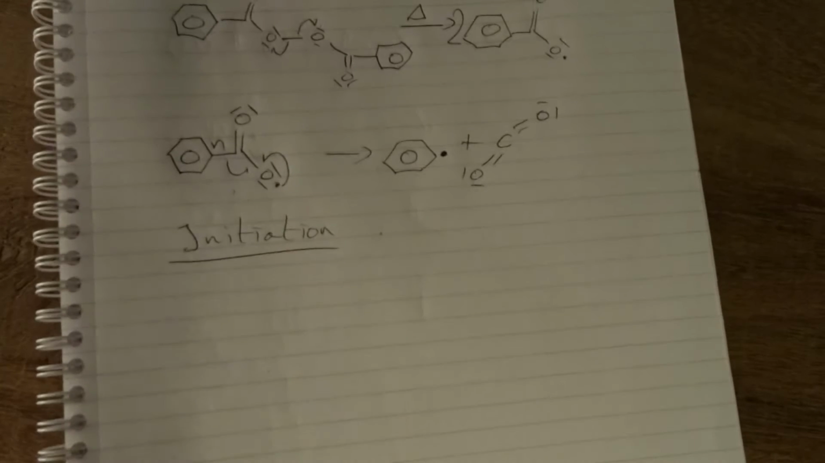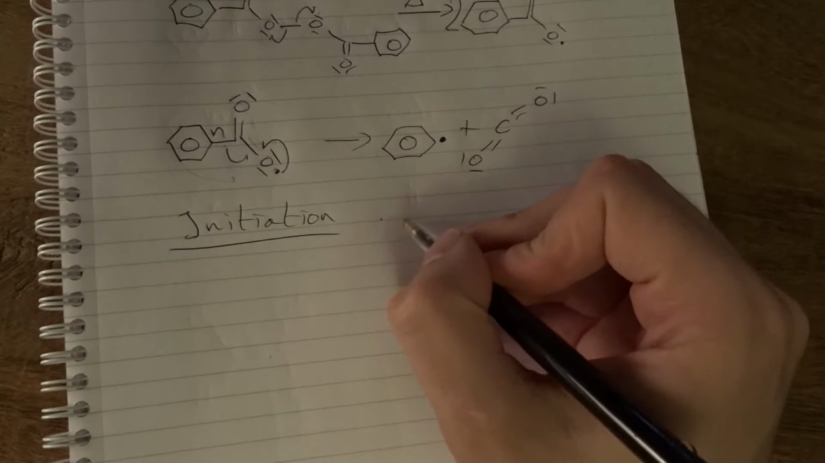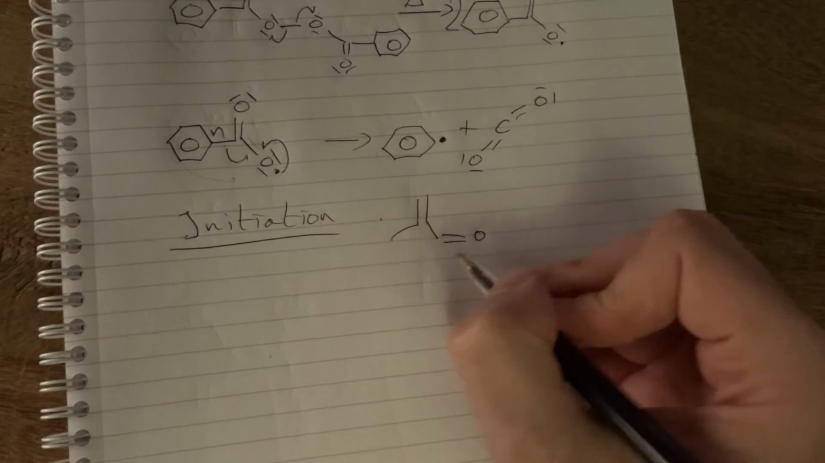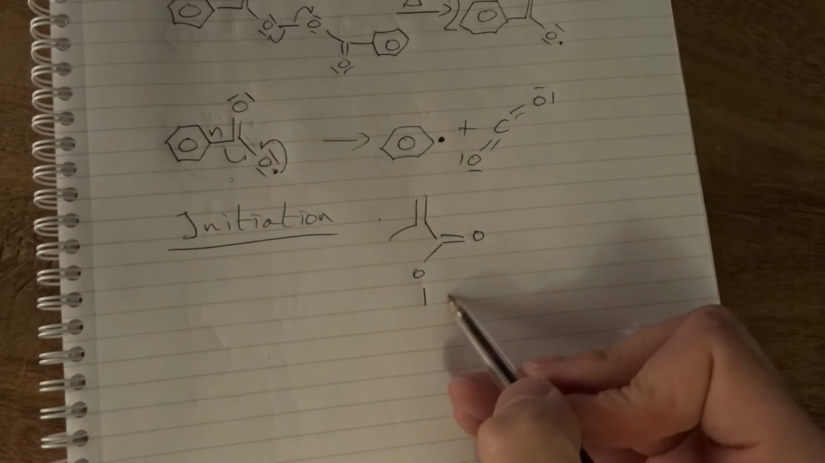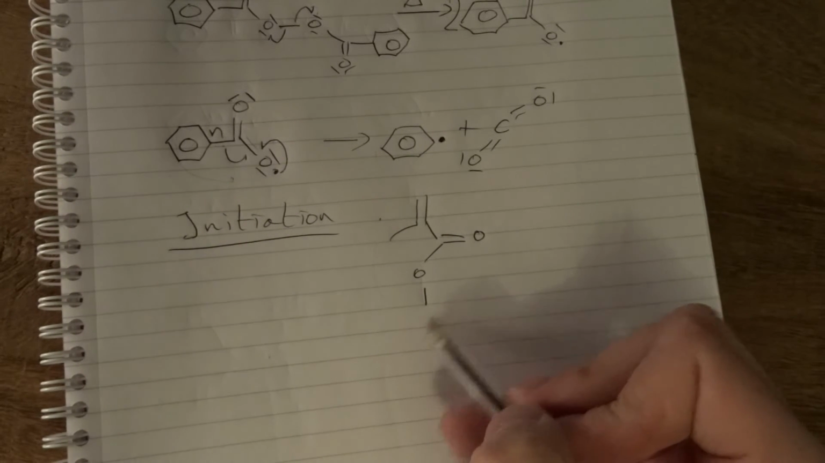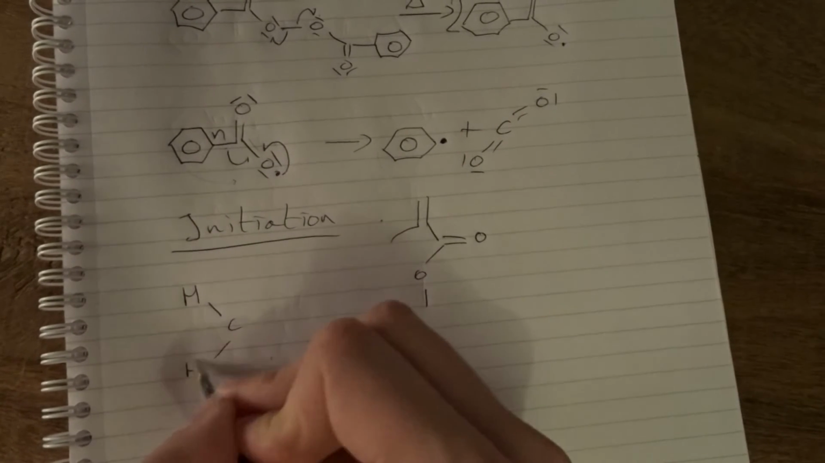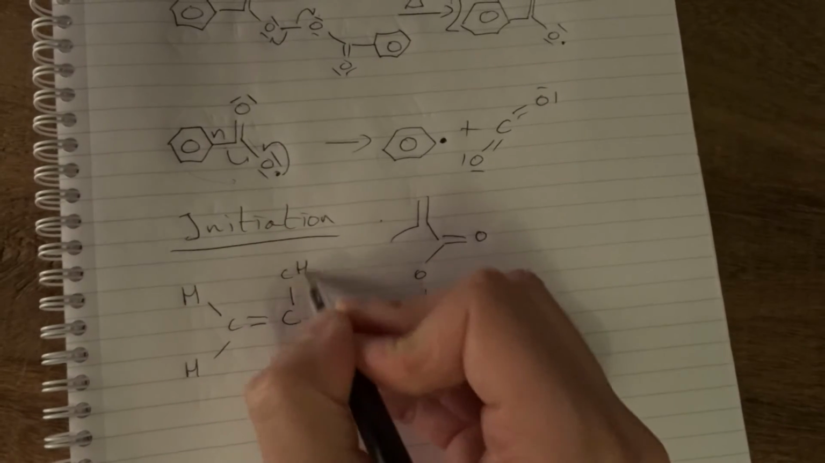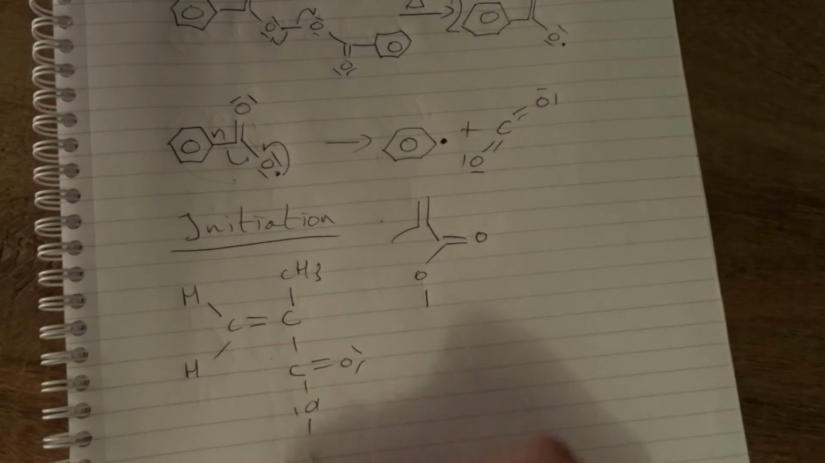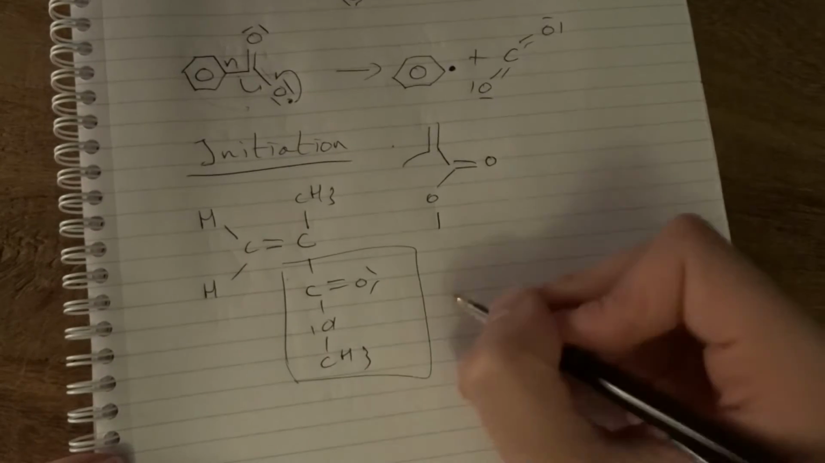Before we look at the attack of the radical on the monomer, we first draw the monomer. The monomer we use in this example is methyl methacrylate. It looks like this. Actually, this is not a quite convenient structure to draw for polymer mechanisms, so we convert it a little bit for our convenience. We do it like this. We draw it a little bit expanded,